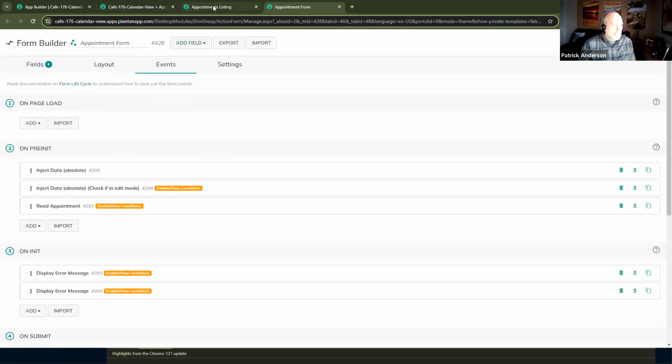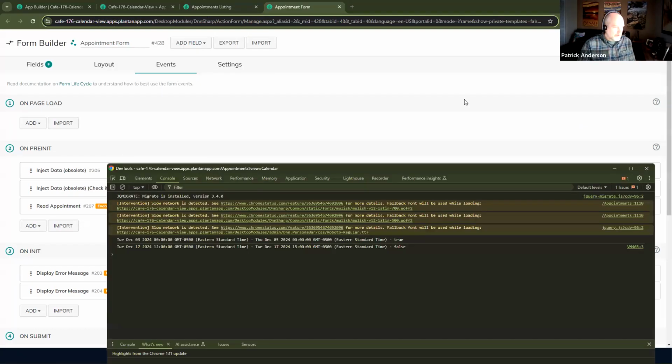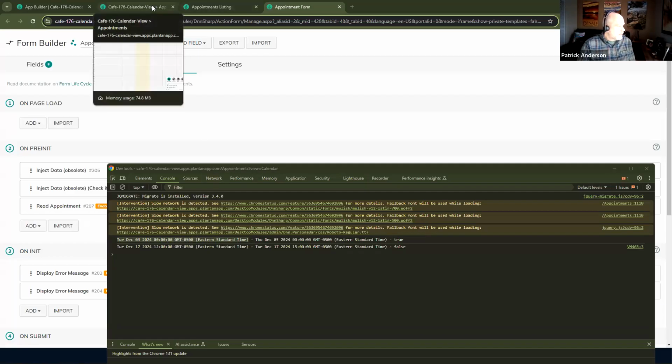Now, going back here to the inspector, I want to point out something real quick that I didn't point out before. Notice that the start object is passing it in this format right here. This is unfortunately not going to work for me. If I were to pass this value to the form to create the event, it wouldn't work. I have to have an ISO value. So then what I'm going to do is go back to the